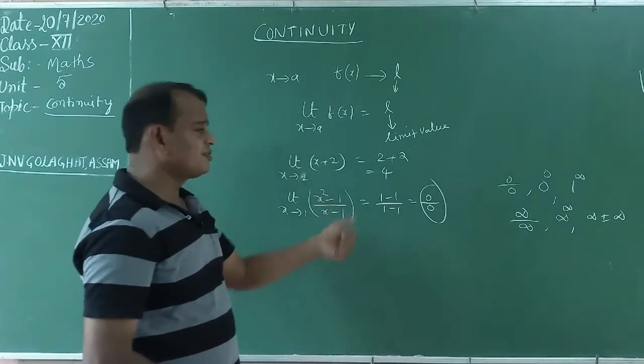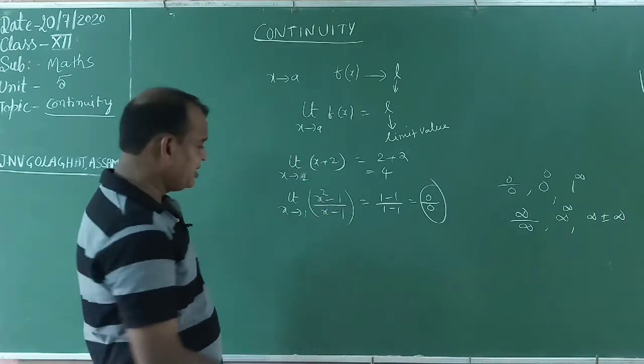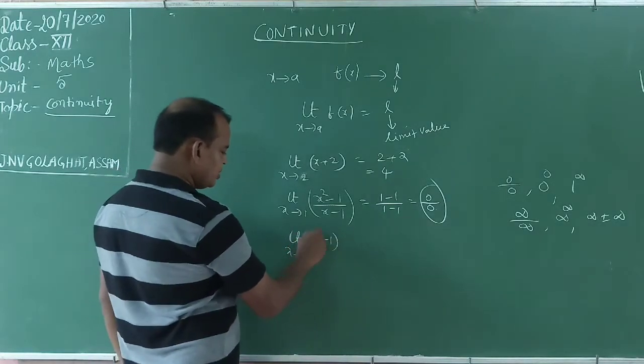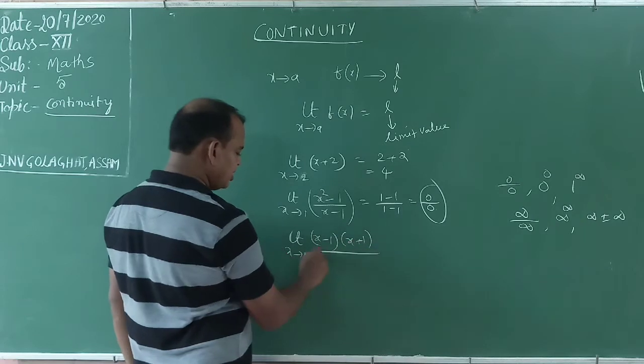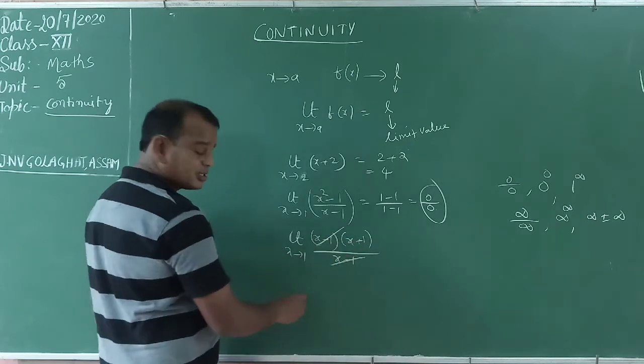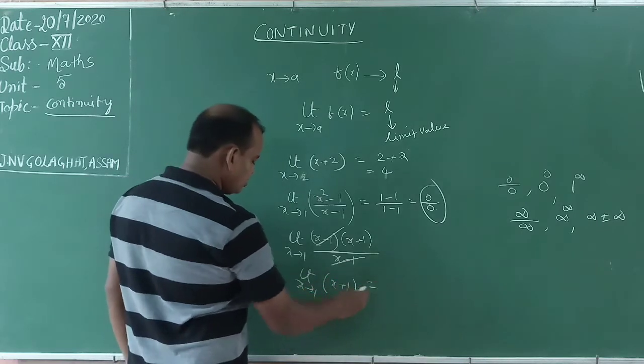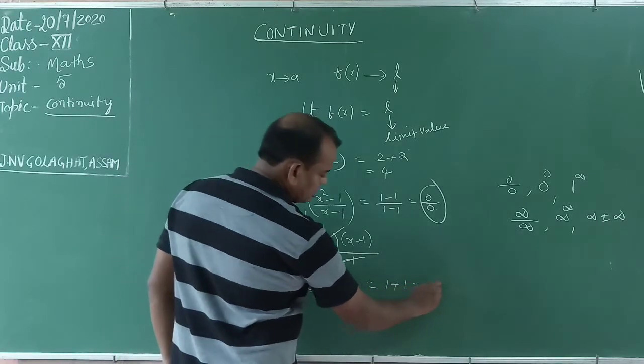Now x square minus 1 means the a square minus b square formula will apply. Limit x tends to 1, x minus 1 into x plus 1 by x minus 1. This one cancels. Now limit x tends to 1, x plus 1. Now substitute the value: 1 plus 1, that equals